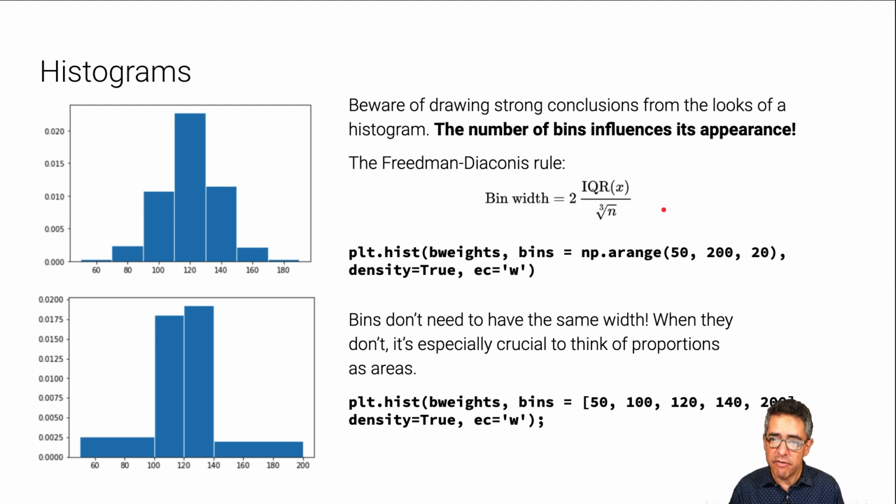It may not be perfect, but it is a rule of thumb that you can use, and that is very easy to implement with the tools you have available now. So if you want to make a statistically optimal choice under certain assumptions, you can use the Freedman-Diaconis rule. You can play a little bit by hand as you make your plots with bin widths, but